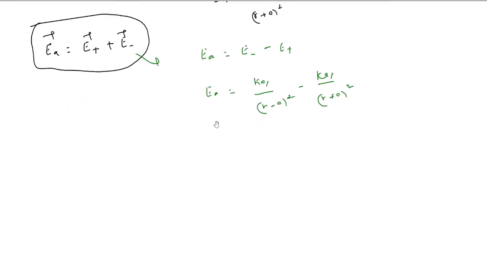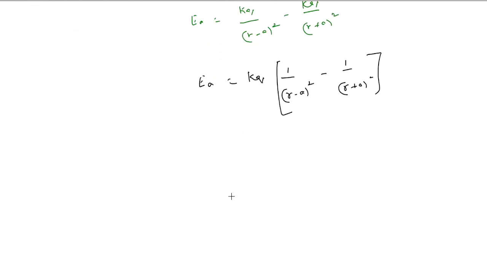Now from here, if you look at this, kQ is common, so E_A is equal to kQ comes out. What remains is 1 by (R minus a) the whole square minus 1 by (R plus a) the whole square remains. Now from here cross multiply and take the LCM, and what we get would be kQ into,